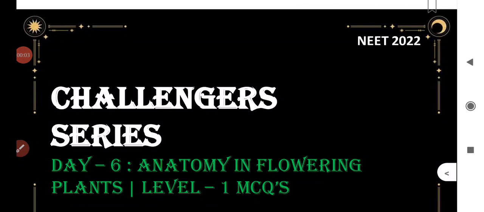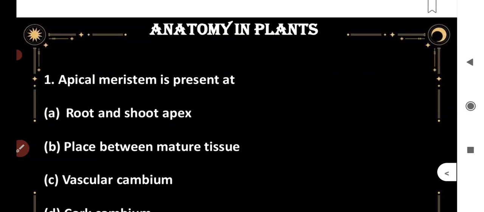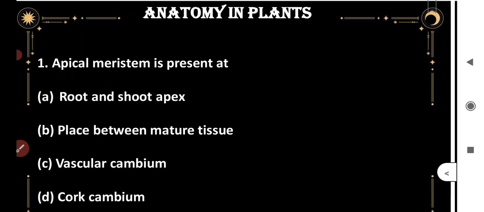So today we will solve anatomy in flowering plants level 1 MCQs. These MCQs are totally based on NCERT. So let's begin with the first question. The first question says